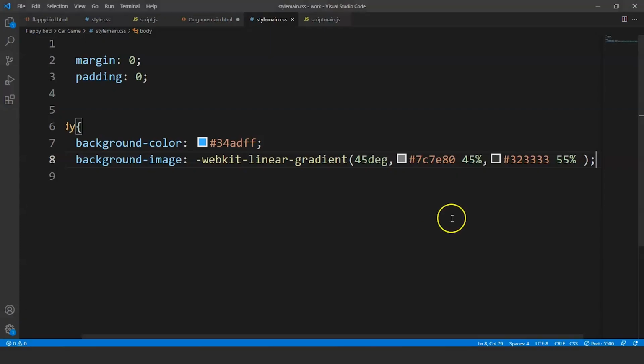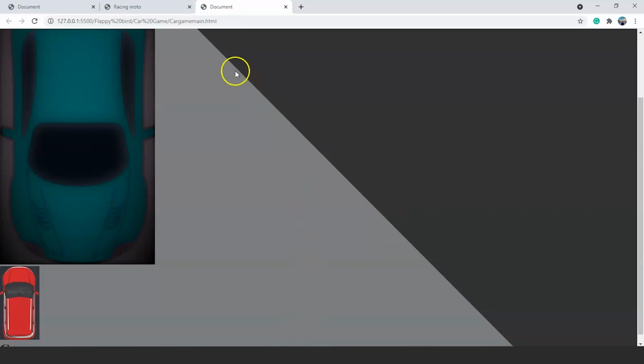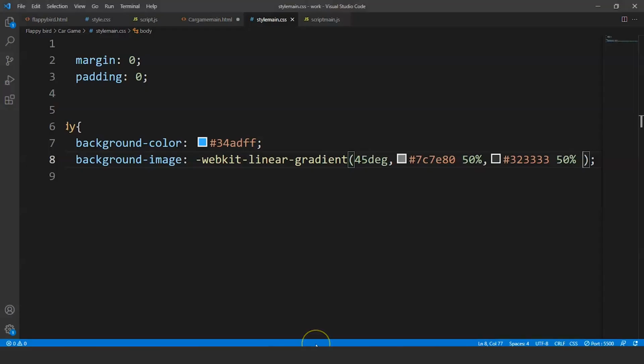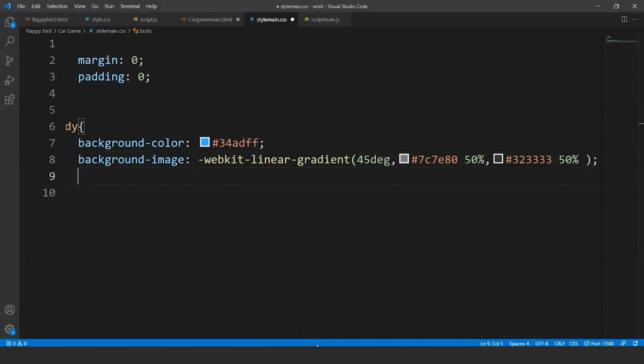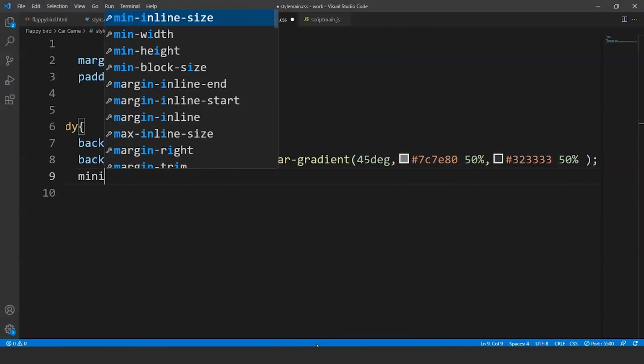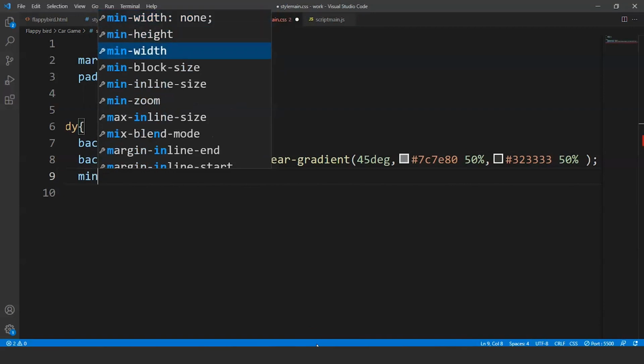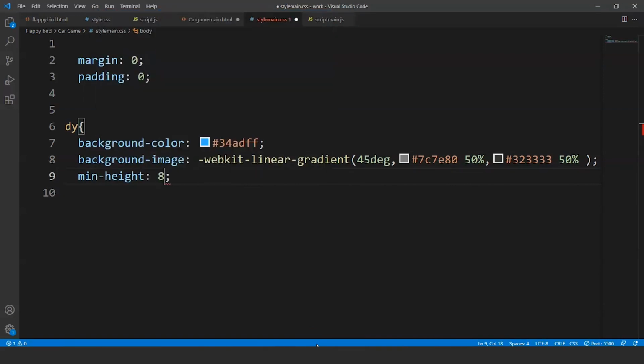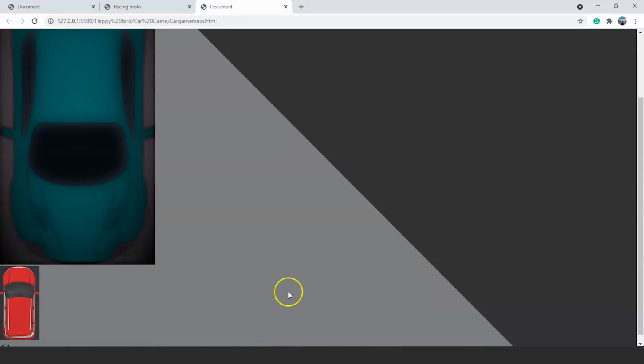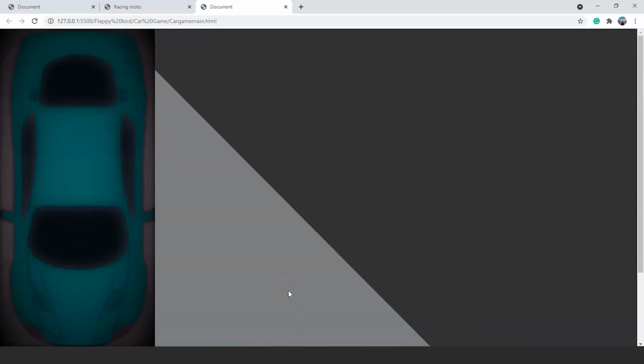What we can do here is write 50-50 instead for both the colors. Save it now. Move to the browser, and here you can clearly spot the difference. So here you can see these two colors are different now. We'll leave it here. You can do this thing as you wish. So moving ahead, we'll write here min height will be 800 pixels. Fine, save it now. Move to the browser, and here you can see we have a background color set for this particular web page.